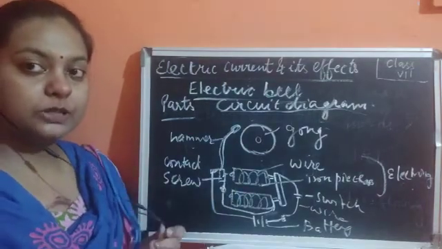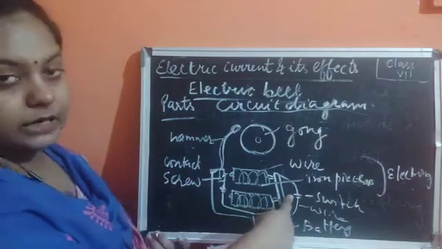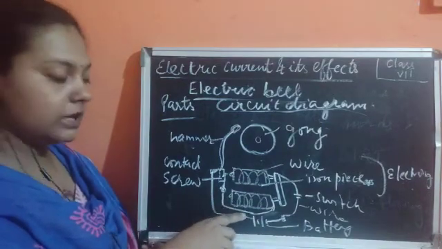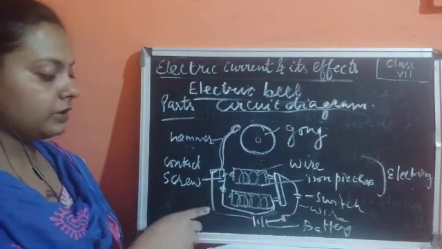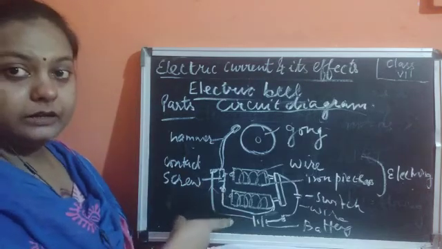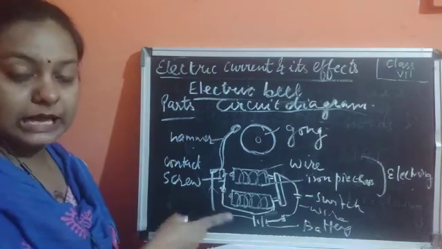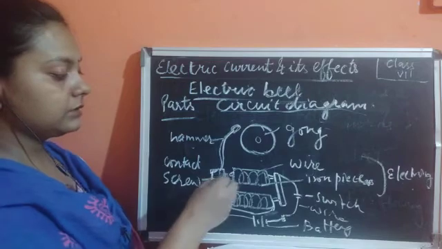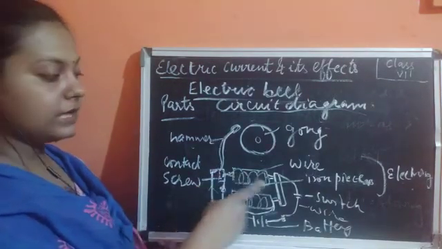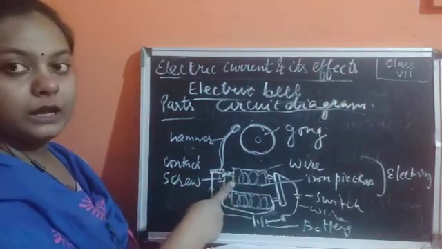Now how is the switch going to be in on condition? Let's see. As soon as the switch is in on condition, the current starts flowing, because the battery is already there, and the battery is going to give the current flow in the circuit. This completes the circuit. As soon as the circuit is complete, this contact screw is going to attach with this electromagnet. As the switch is in on condition, this contact screw goes near to this iron piece.